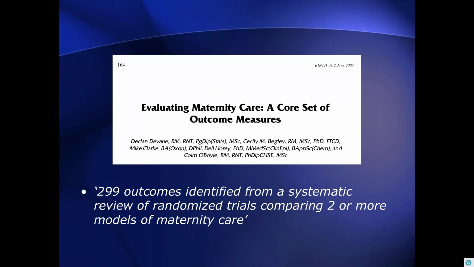So it makes it very difficult then to design a study that might measure all of the important outcomes, because it's an absence of knowledge of what are important outcomes across the different stakeholder groups. And to design studies that would measure such a large number of outcomes to encompass, let's say, 299 outcomes, not only wastes resources, but is likely going to introduce its own errors associated with that multiplicity we mentioned earlier on.